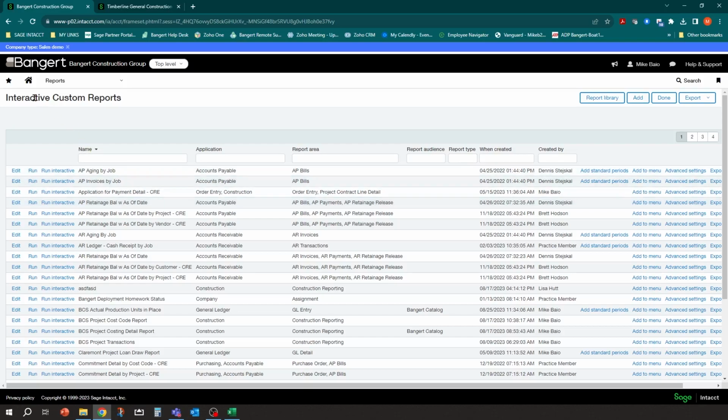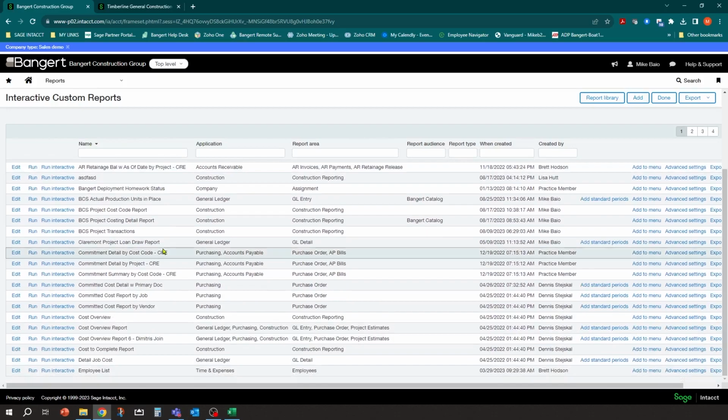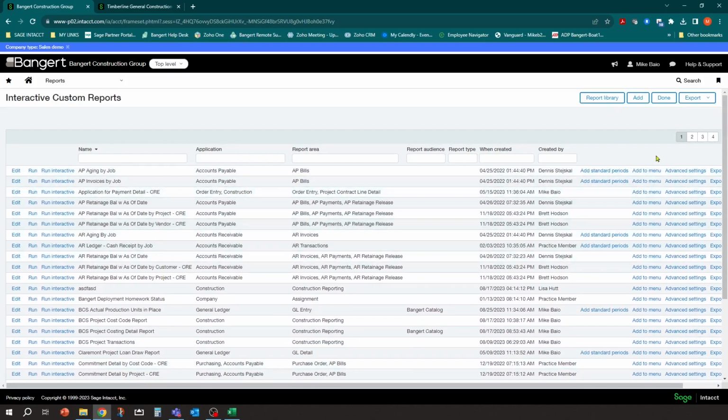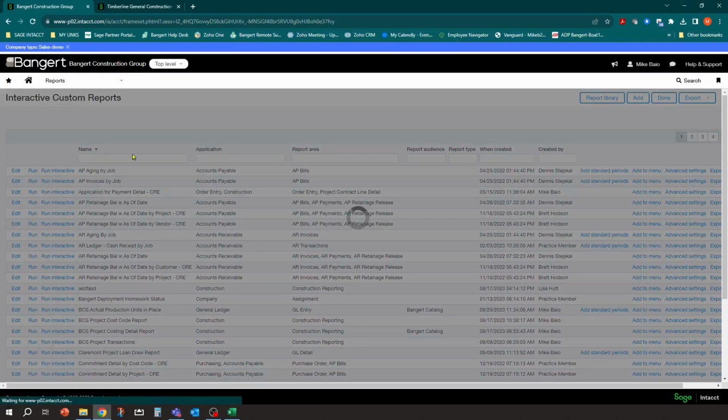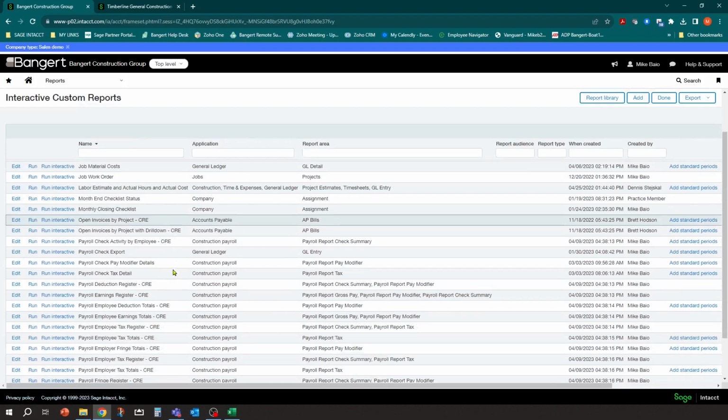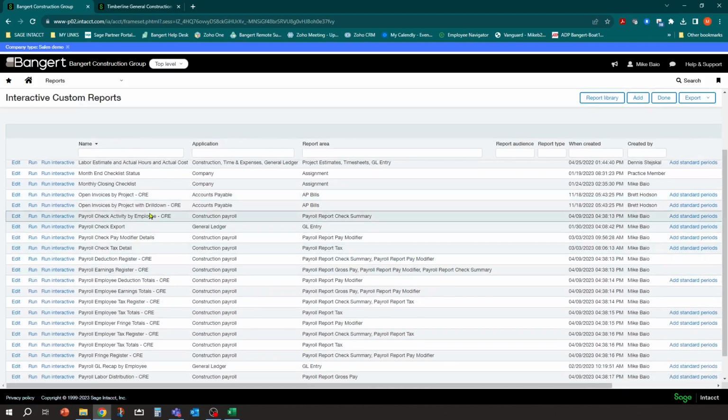But if I go into interactive custom reports, it's alphabetical and they'll be labeled with payroll. So you could search on them, but I'm going to go down here to the second page and you'll see all these ones. Any ones that you see that are going to be from the construction payroll application and have payroll in front of them, those are the ones that were loaded up by Intacct automatically for you.